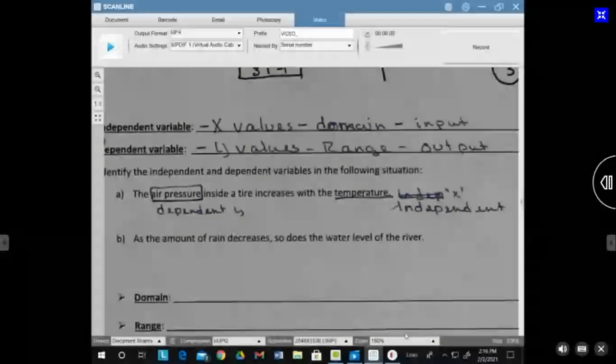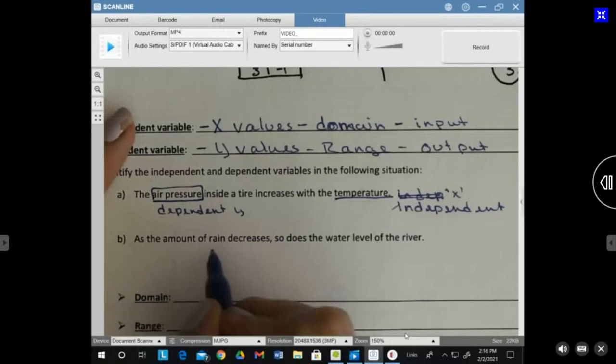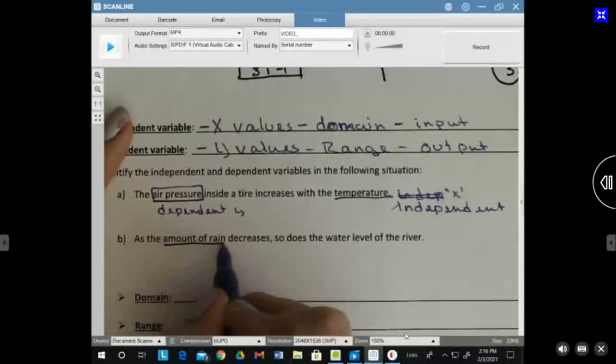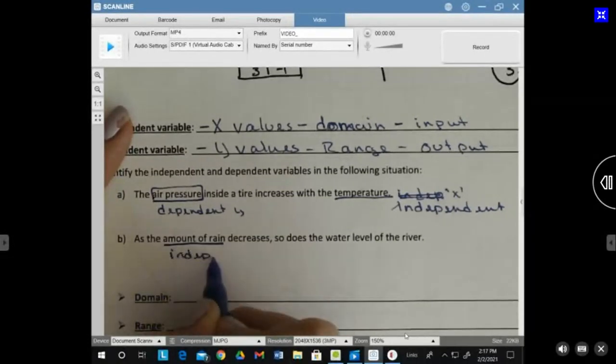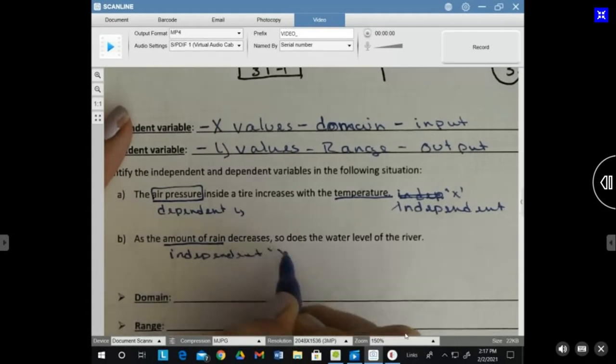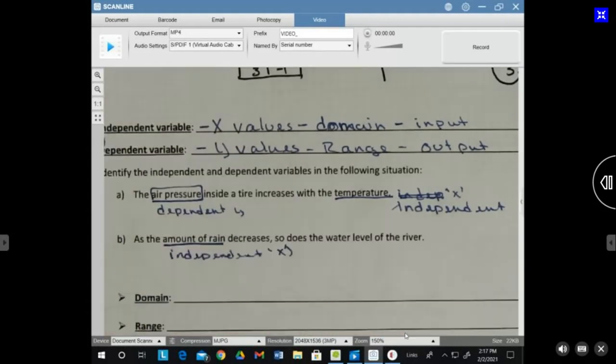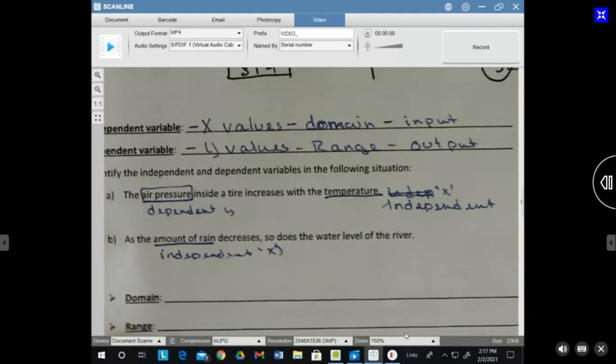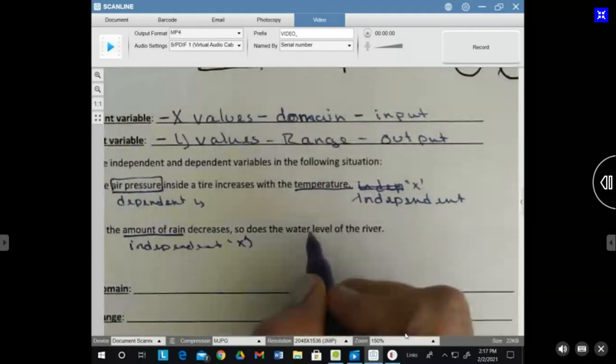All right, as the amount of rain decreases, what do you think the rain is? Independent. Is the rain changing the water level? Yeah. Okay, so then that means amount of rain, independent, my X value. And we're going to spend a week on all this independent and dependent variable next week before our test. And the water level is going to be